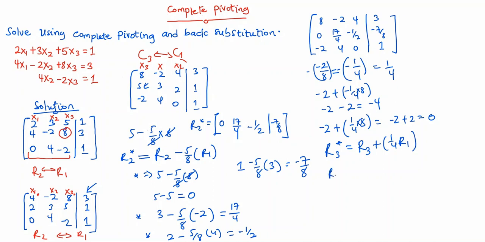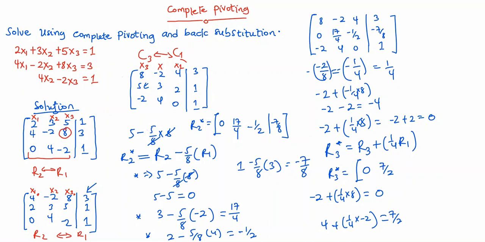So let's write down the entries here. All right, so now let's solve for it. The first one, you're going to have minus 2 plus 1 over 4 multiplying 8, and this will give us 0. So that's our first entry for the new row 3. And then the second one will be 4 plus 1 over 4 multiplying minus 2. Let's see what you're going to get. We have 4 plus 1 over 4 times minus 2. This will give us a value of 7 on 2. So that will be our second entry.